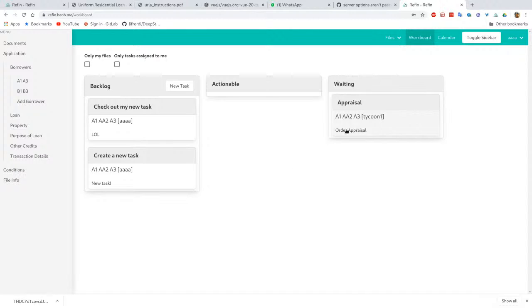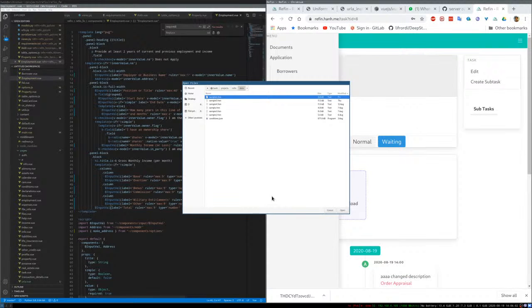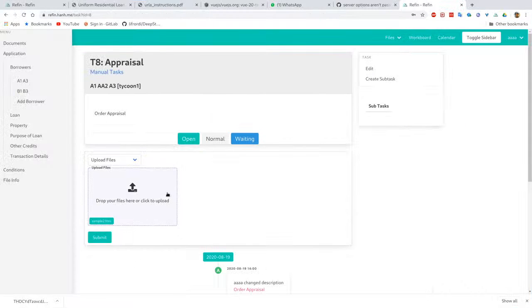So let's say that the appraiser has come back and he sent you an email with the PDF. So you pick up the task and you say upload the file. Then you upload the PDF that he sent you. I'm gonna upload some random file, not too big. This one. And that's it for this task, right? So I can now